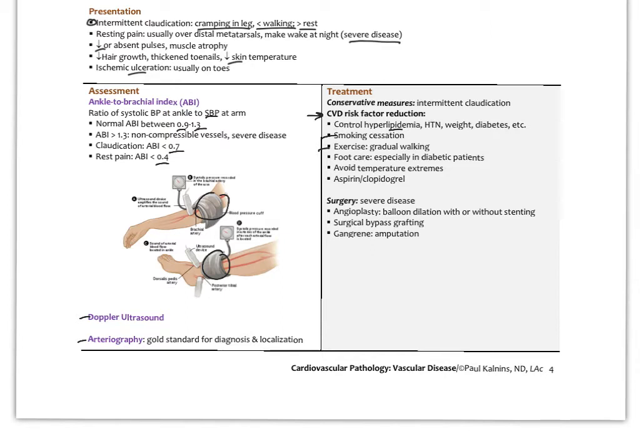Checking the feet will be very important, especially with diabetic patients, doing a regular foot exam to assess for any ulcerations, any neuropathy, things like that. A lot of diabetics will lose, due to peripheral neuropathy, sensation in their feet, and so they'll actually have glass or shards or splinters and whatnot, and they won't even feel them. And so it's important that they get regular foot exams for that. Avoiding temperature extremes, and then any sort of antiplatelet agent like aspirin or clopidogrel, as I talked about, the Plavix,